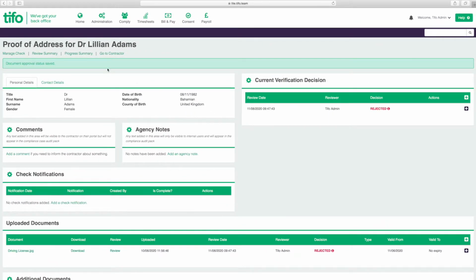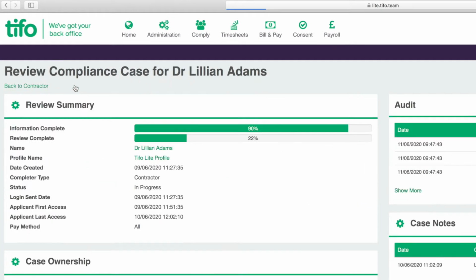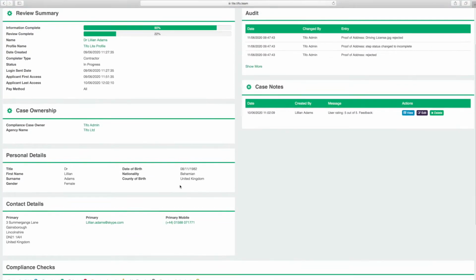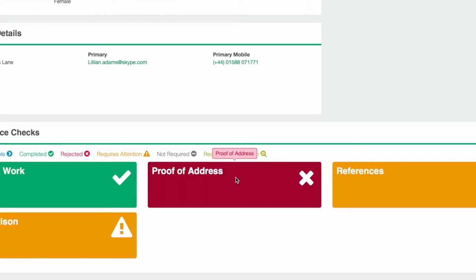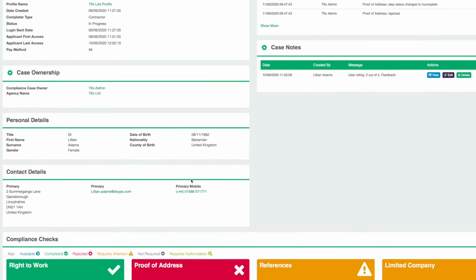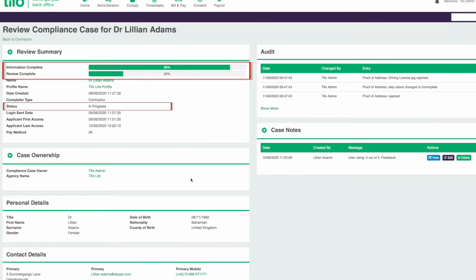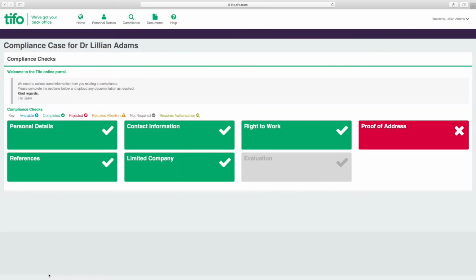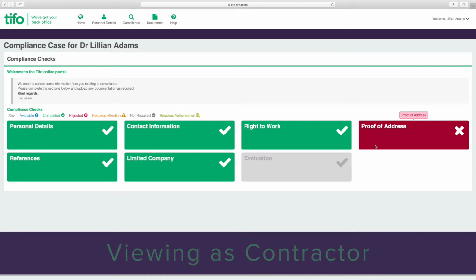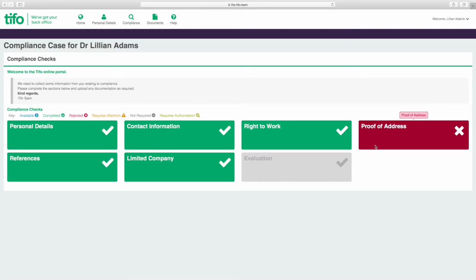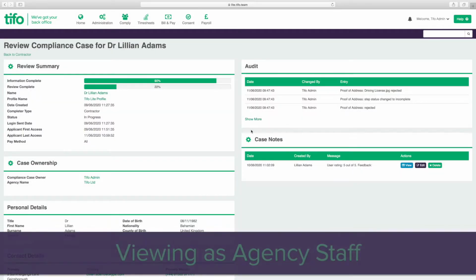Going back to the review summary, after rejecting a check or requesting further information, the colour of the tile will update to match the decision, and the completion percentages in the summary area will also change to reflect this. And if we just switch to the contractor's own portal, we can see that the colour of the tile has also updated here. Switching back to the agency portal, in the review case screen,